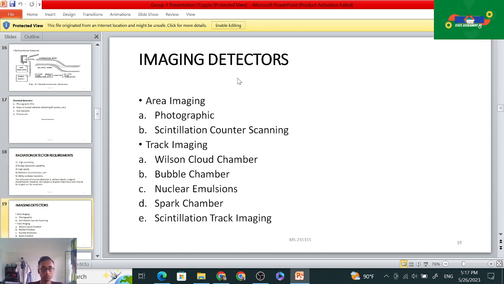And imaging detectors: area imaging, photographic and scintillation counter scanning, track imaging, Wilson cloud chamber, bubble chamber, nuclear emulsion, then spark chamber, then